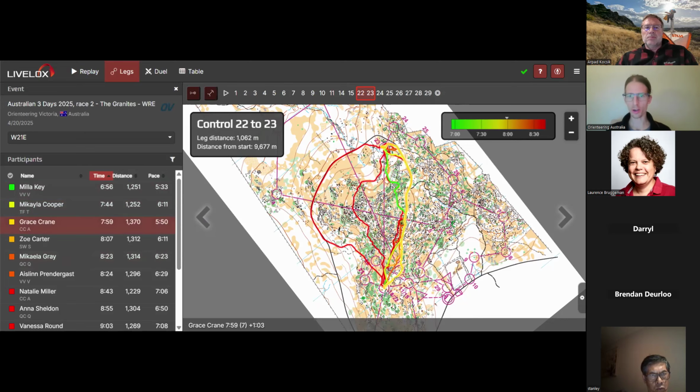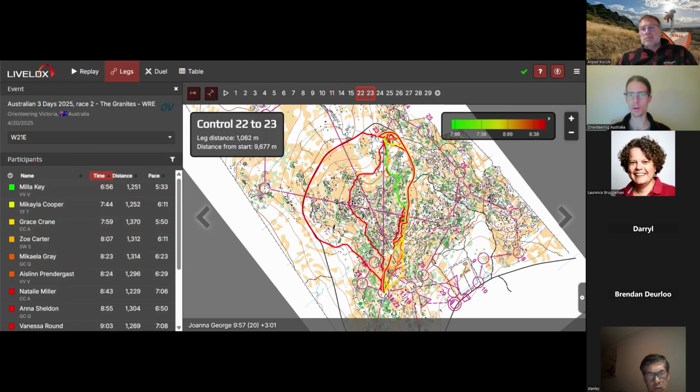If we have a look at the options, if I zoom up a little bit more, most competitors took the right-hand option. There's a few roads, tracks that they can follow. 2 competitors went on the left side. The colours of the routes show the speed that they were taken. So there's a little indicator on the top right.